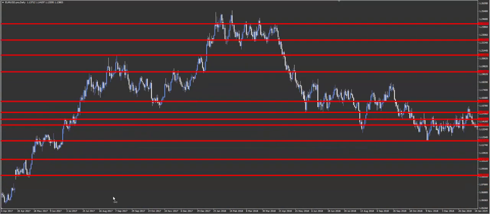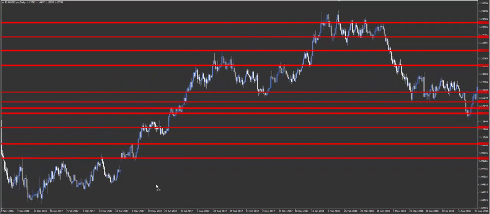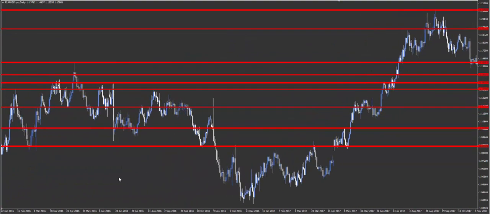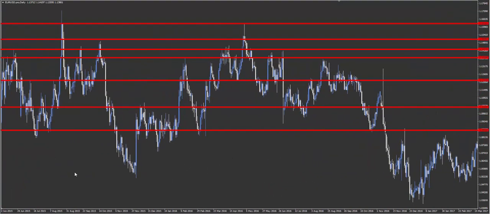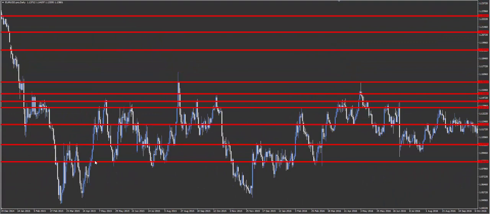Yet when you go across there, you see I've somehow managed to pick out turning points on the chart. That's just luck, nothing else. All I've done is place random lines, and somehow I've managed to pick out every single turning point. Now, here's the thing. Have I really? Have I really been able to pick up on every single turning point?